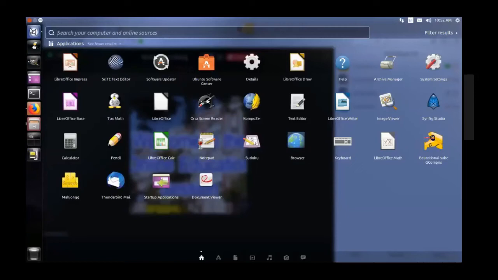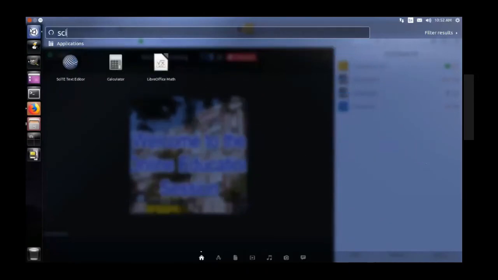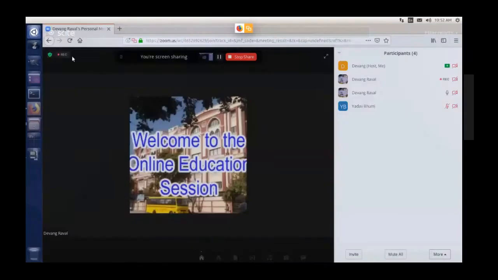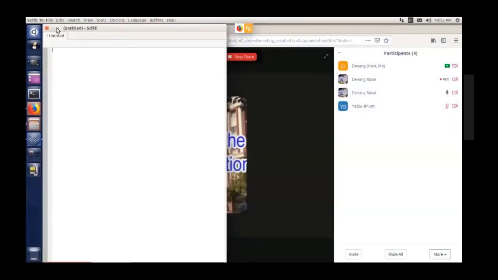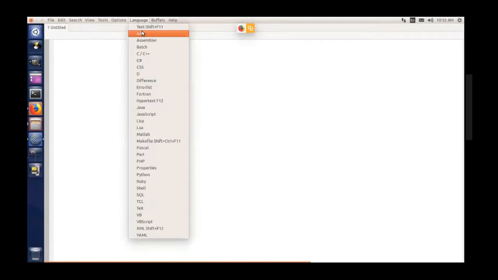So the software that we are using is SciTE, that is S-C-I-T-E. This is the SciTE editor. This SciTE editor allows us to create programs in different languages. These are different languages. So when we are supposed to create a program for Java, then select the language Java here, and then we can start